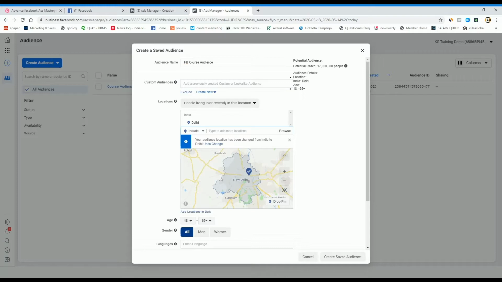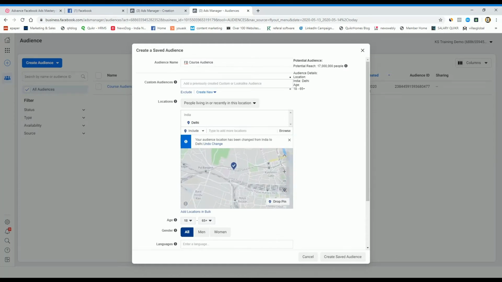In this there are a few tips for you. First, you have to identify your targeted location, where you would like to showcase your advertisement. Your location should be clear; you cannot select just any location to advertise. As per your product and services, you must be aware of your targeted audience's location, right? So I selected Delhi. And second thing, if you're not finding a particular location, and you would like to go very deep, micro, then you have to identify the location.